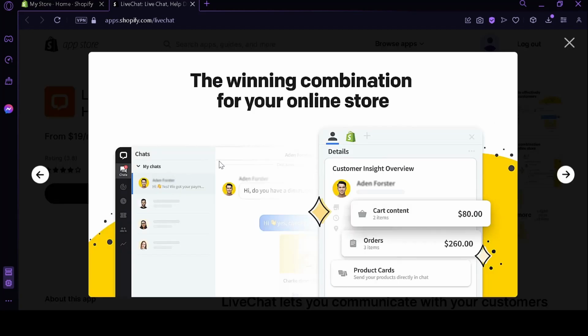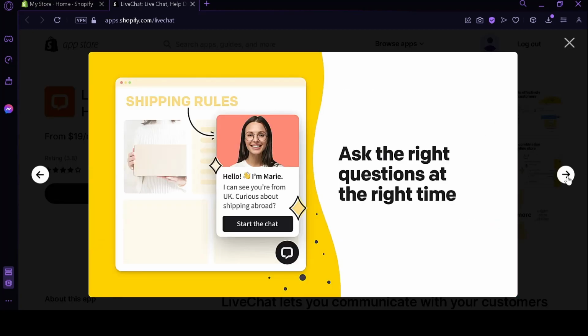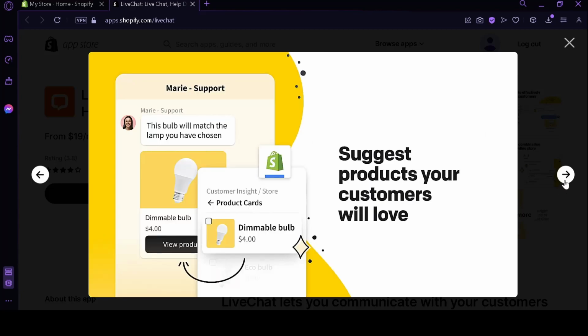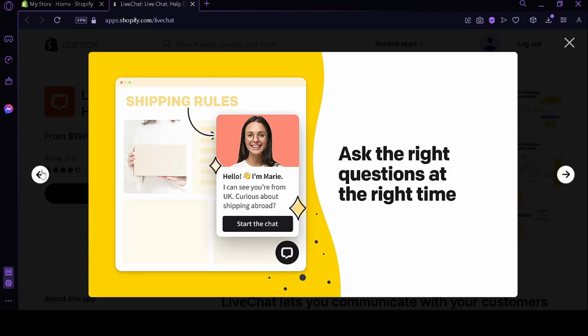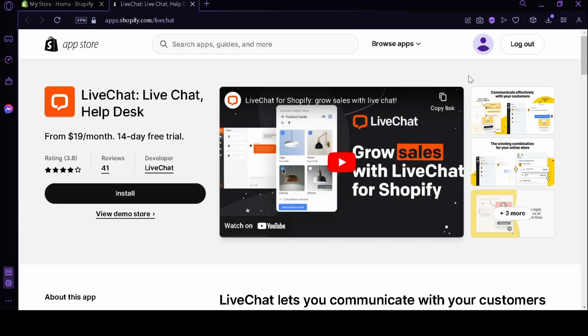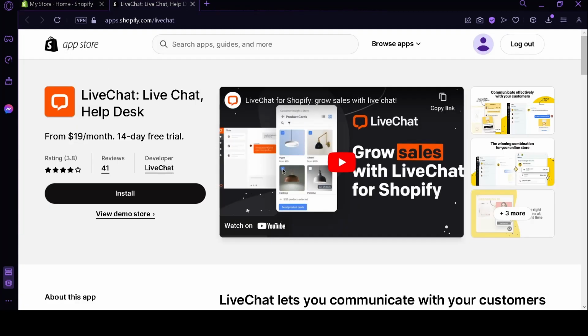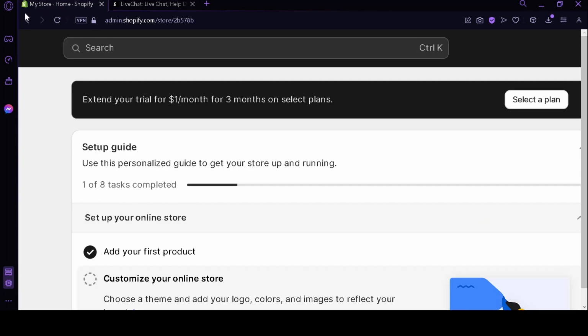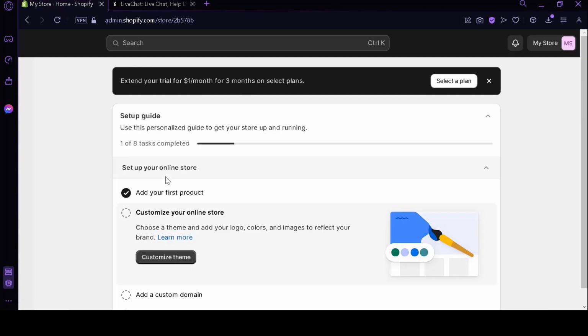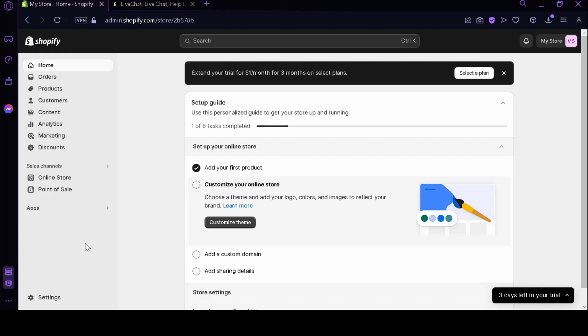There's a preview over here on what it would look like. As you can see here, this is what the chat would look like. You have a pop-up chat and like a messenger type chat over here. And there's other options, but based on what we saw earlier, there isn't too much options for us to choose from. But anyway, after adding that, you will be able to utilize and add that to your online store,